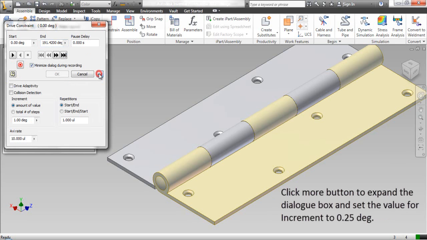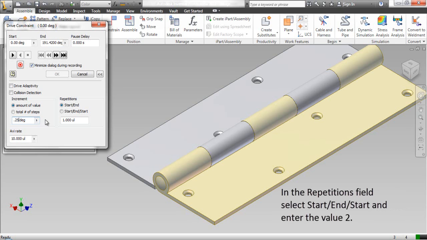Click the More button to expand the dialog box and set the value for increment to 0.25 degree. In the repetition field, select Start and Start and enter the value 2.